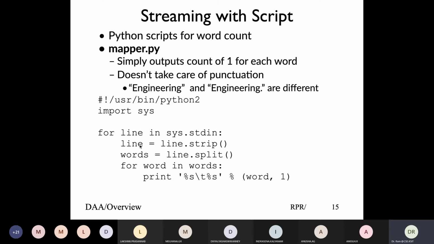For each line, read from stdin, strip to avoid white spaces at the beginning and the end, do a split. This split is done based on white spaces. So we get the words, and for each word, output that word and value 1. And that's all the mapper does.